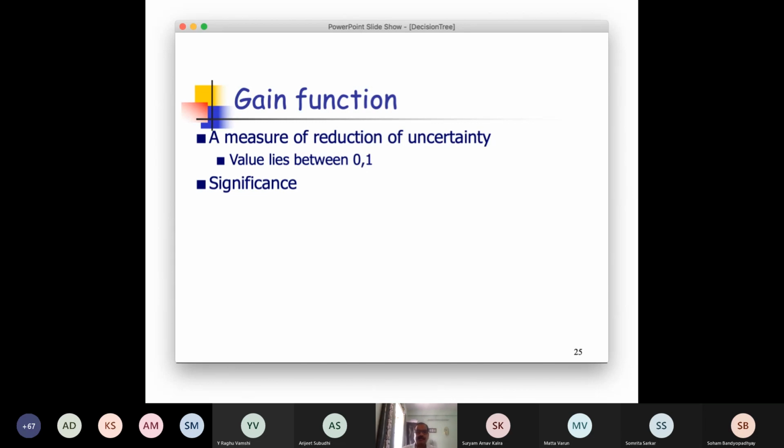So it's a measure of reduction of uncertainty. The higher the gain value, the higher the reduction of uncertainty. The value lies between 0 and 1 in this case. So the maximum value is 1 and the minimum is 0. And its significance,